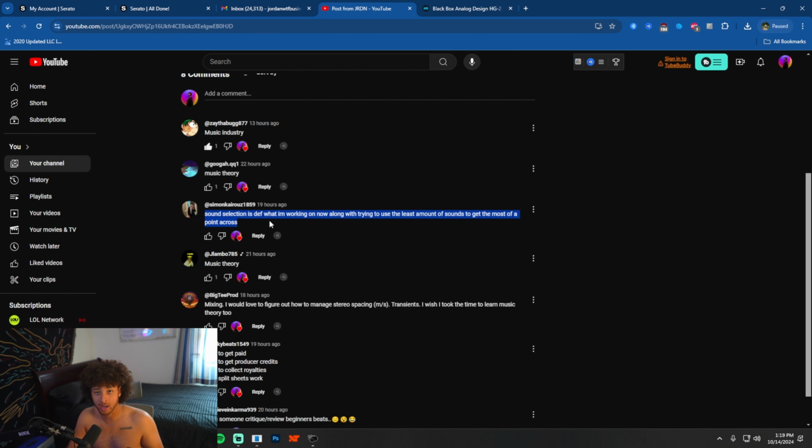I think that might be what you're looking for, is a saturator, just because the saturator basically brings out, and sorry if I butcher this, the transients and the frequencies that aren't being shined on the most, so it makes things sound fuller. And you can basically get away with using less sounds by putting a saturator on the sounds you're using, and it'll make it sound more full. It brings out those transients that are kind of hidden and brings them a bit more to the forefront, and it just makes it sound way more full.